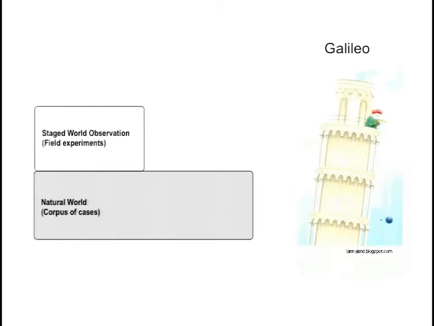And then we can look at Galileo, again continuing the physics, conducting the experiment of a staged world experiment. In this case, stage doesn't mean like theater stage, although he was doing a little theatricality there, doing this from the Leaning Tower of Pisa. But what he was doing was trying to pare down the experiment to an observation that could be observed and seen, and get the macro effects, at least the first order effects.